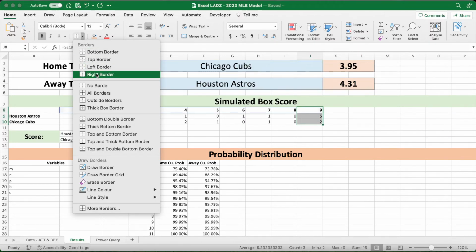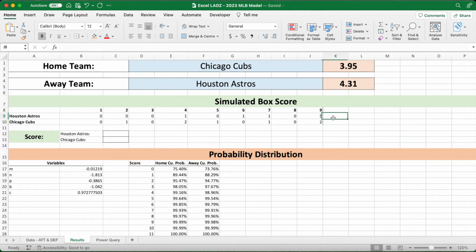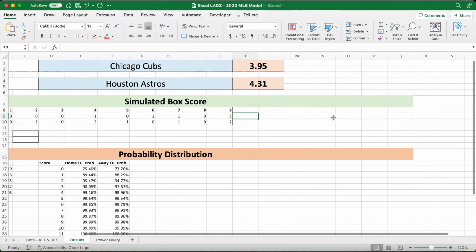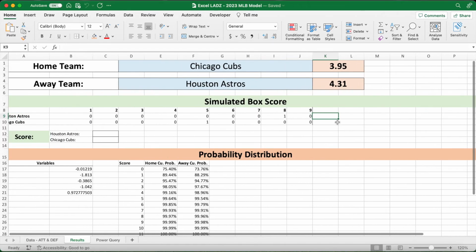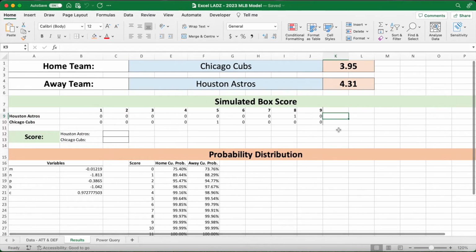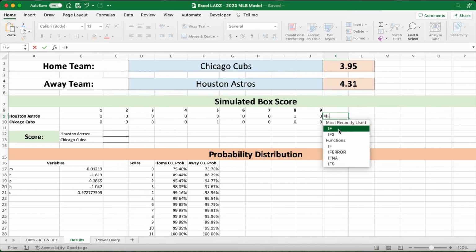Now I put a neat right border in here, and we've also got to factor in the possibility of a game ending in a draw after 9 innings. In such a case, the game would go to extra innings, which will simulate to the right of the 9 innings. So lads, in cell K9, you're going to want to type the following formula, equals IF, open bracket, SUM,